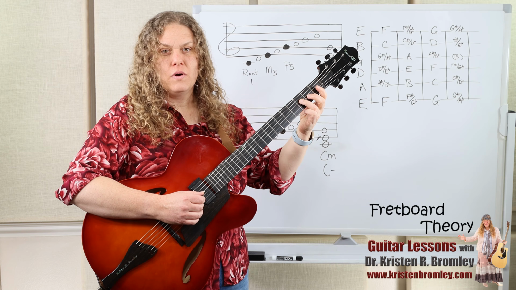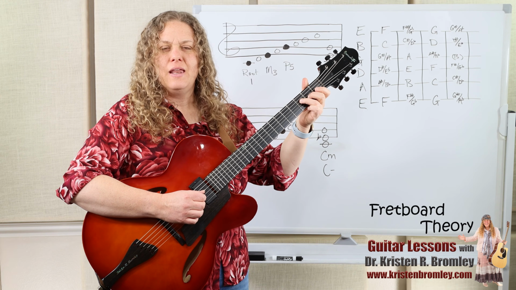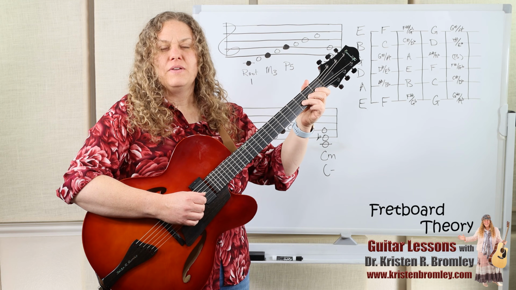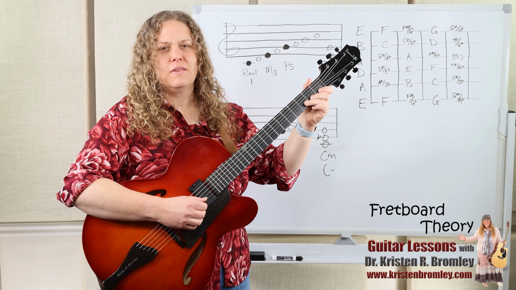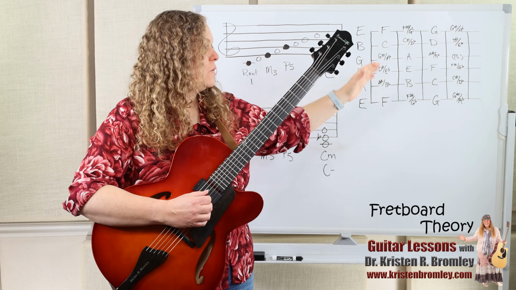So we have F as step 1, we skip G to step 2, and then we're up to A, which is step 3. So we have an A as our major 3rd, and then the B flat is step 4. We're skipping that one, and then we're going up to that 5th, which is C. So F, A, and C. So we have the